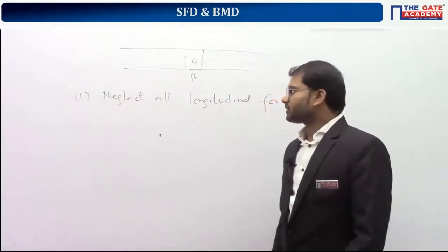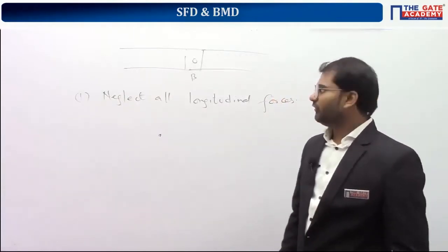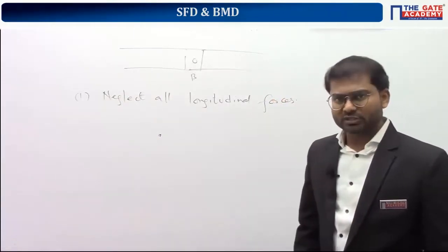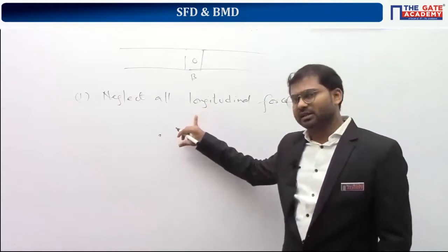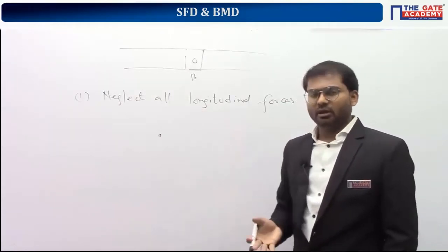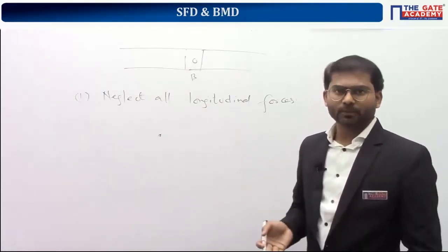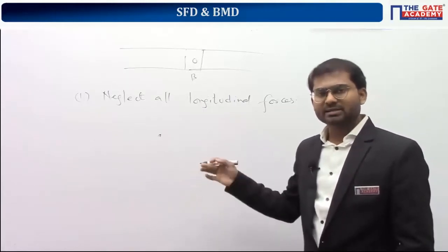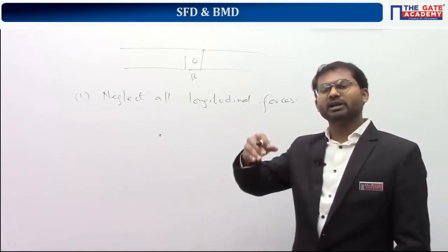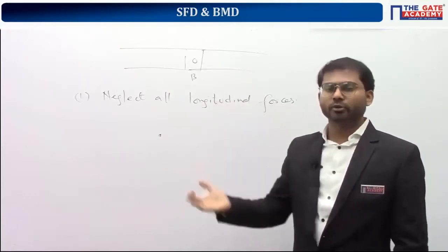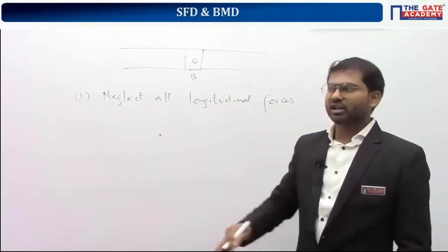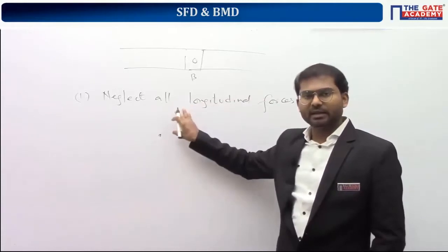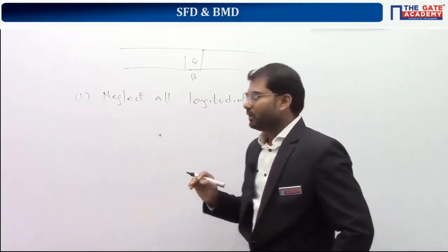Understand? In beams with no hinges also, you can neglect all the longitudinal forces. In fact, you can apply this for other cases as well, because anywhere longitudinal forces will not cause any bending at all. But here, especially, if you neglect them, it will be very helpful, because otherwise you unnecessarily think a statically determinate numerical is statically indeterminate. So to avoid the confusion, I am asking you to mandatorily follow this step. And second one,